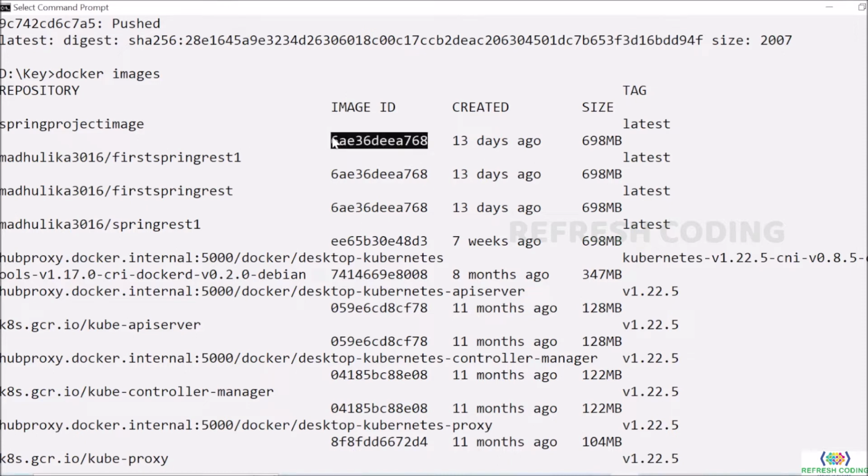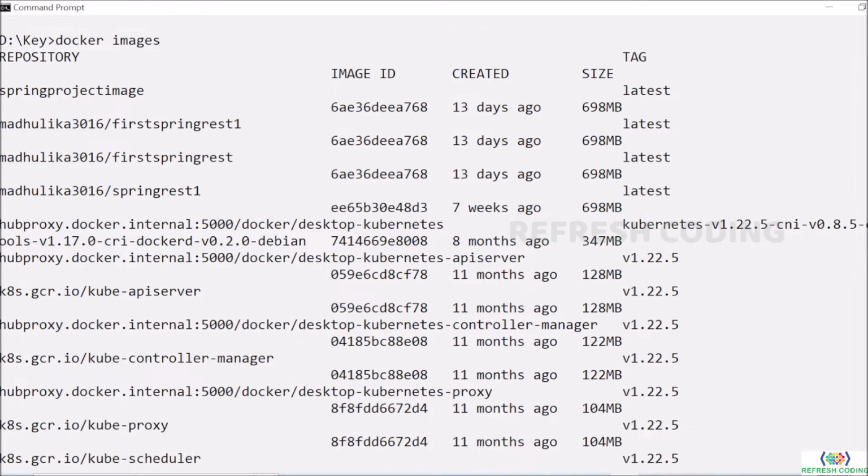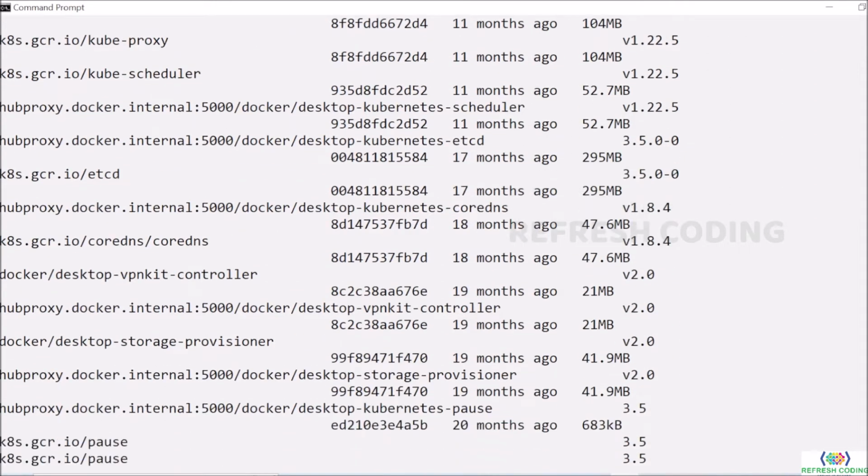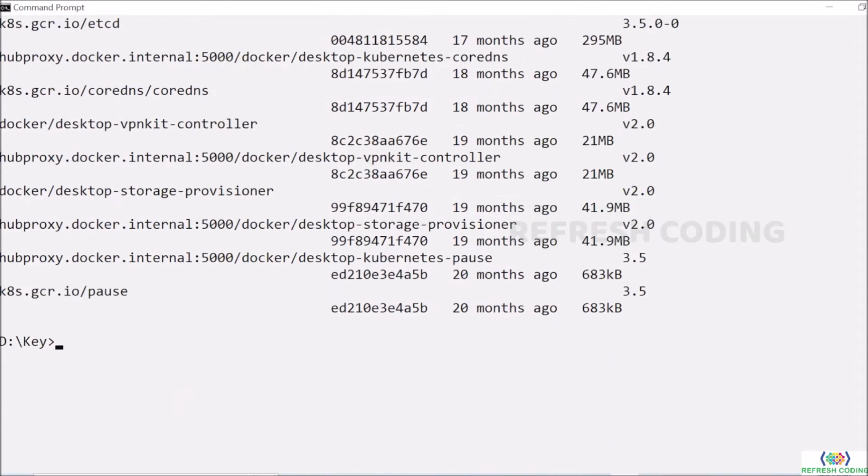So I will copy this ID and run a command to remove the image. I will say docker rmi, which means remove image, and I will paste the image ID, and here again I will say -f, which means forced.